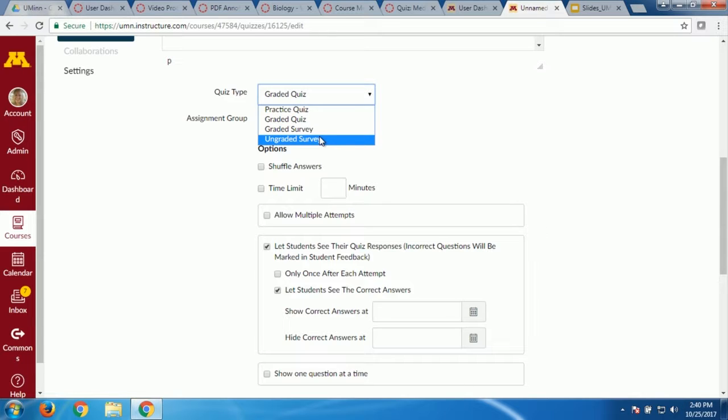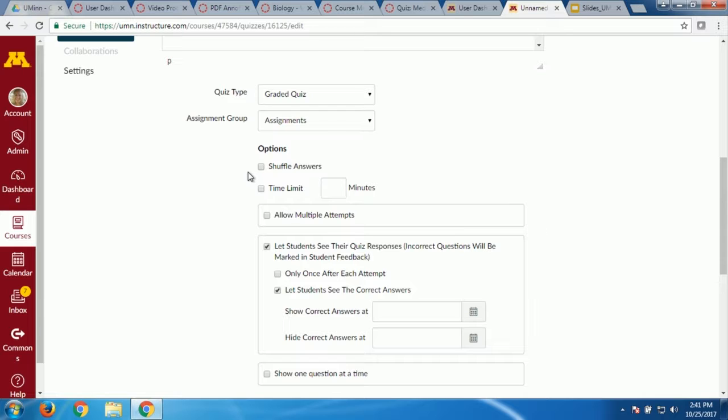You also have the options for surveys, graded or ungraded. Graded survey, they're all the same question types. The only difference between graded and ungraded survey is there's obviously no right or wrong answers in a survey. So all graded means is they get an all or nothing grade. Do you want them to get points for doing it or not? I chose graded survey because I want my students to do the survey. So if they see they have to do it for a grade, they're going to take the survey. It doesn't score right or wrong, obviously, though, because it's a survey. So you have options here.